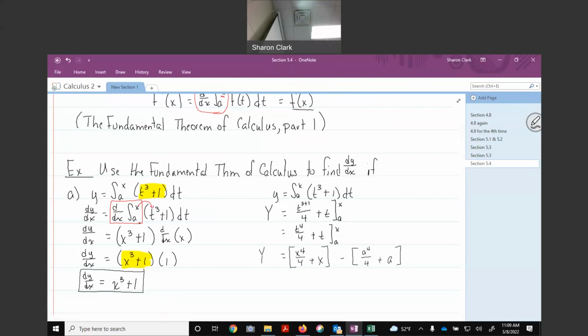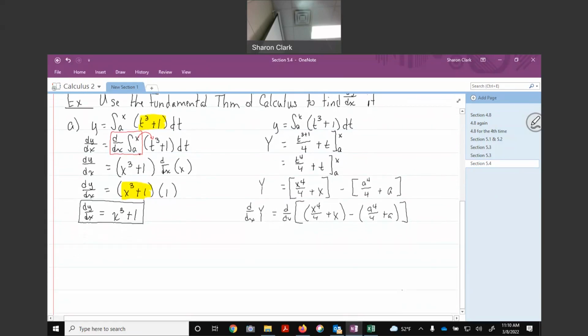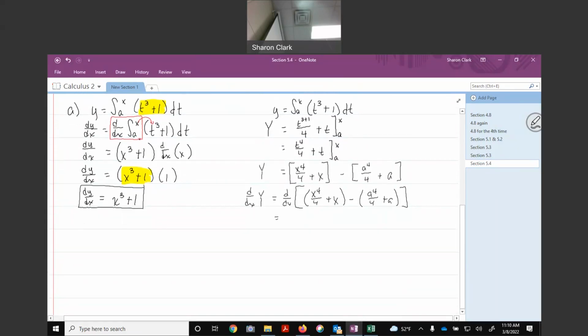I can't do anything with it, but that's my original function. Now I'm going to take the derivative of my original function. So I want to do d dx of my original function, which is d dx of x to the 4th over 4 plus x minus a to the 4th over 4 plus a. Okay, so this would be 4 times x cubed over 4 plus 1